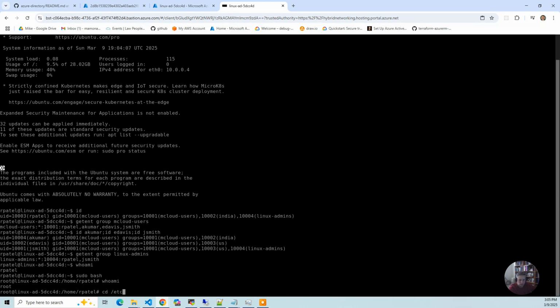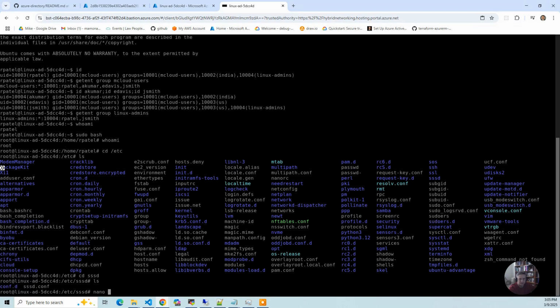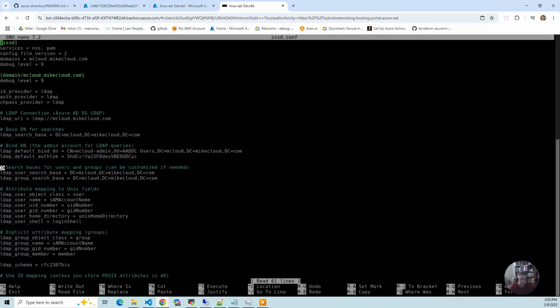Now I wanted to look at my SSSD configuration. Let's nano sssd.conf. We're using LDAP mode, which is what's preferred. The other examples we're using AD mode. And the one thing that's a little funky here is they really want you to use LDAPS because they don't want any credentials flying across the network in plain text. But to do that, you have to register a certificate and go through all that, and that's probably not great for